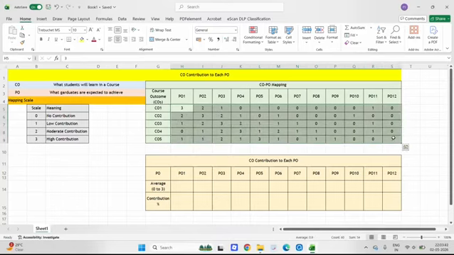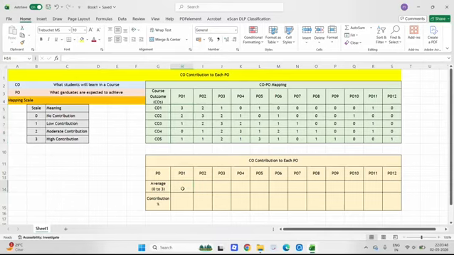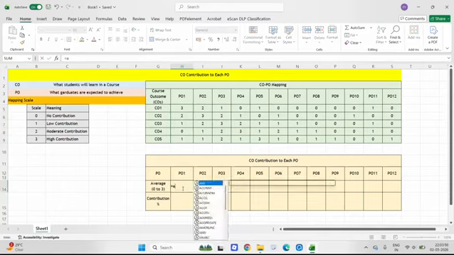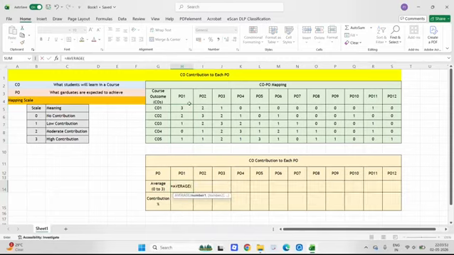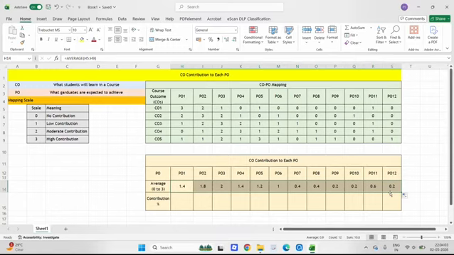Now this table is prepared. Now you have to find the average of all the COs. When we talk about average, we will get a value between 0 and 3. Here you can see, I have taken the average. We got the average of all COs. Now we calculate the percentage out of 3 to get how much CO is contributing to each PO.